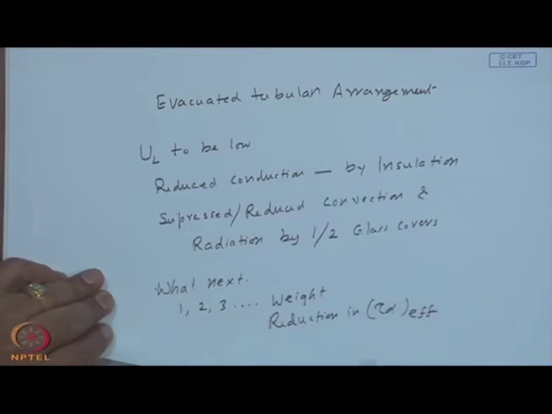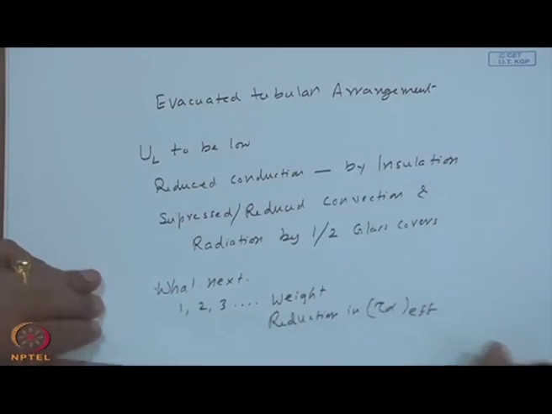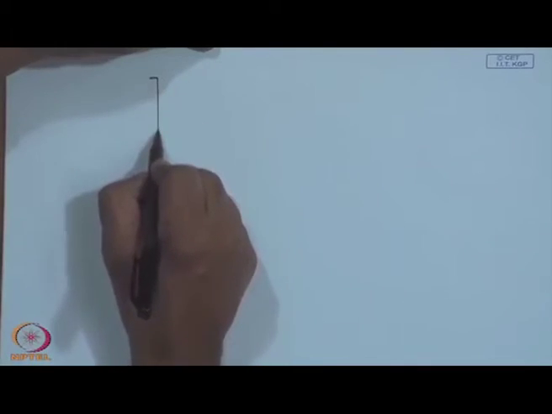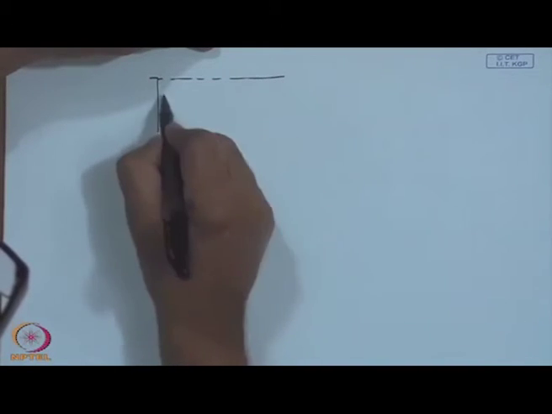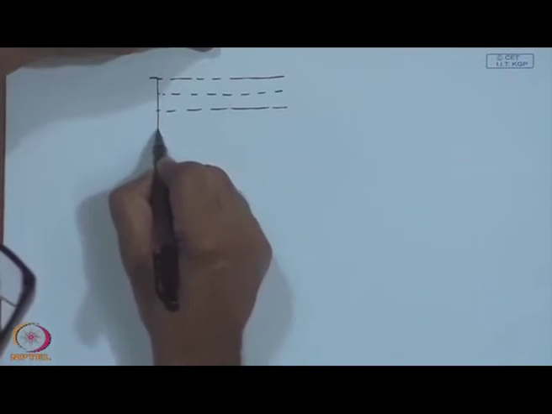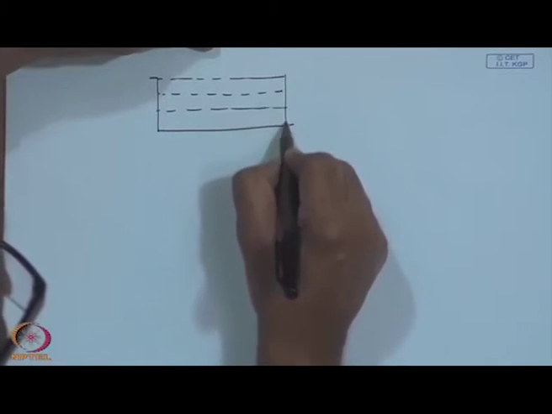So, there is a limit to the number of glass covers, and these are the issues that do not directly come in the theory, but which we have to discuss and do well to remember. If you have a reduced tau alpha effect and also a larger number of glass covers, one consequence is, you have 1 glass cover, 2 glass covers, third, then an absorber plate,